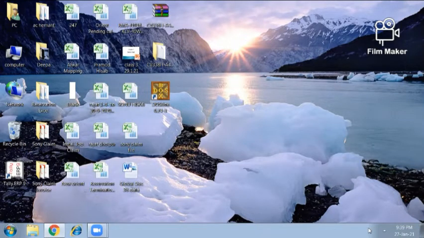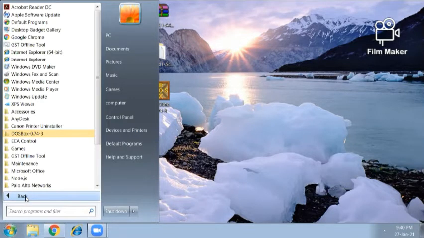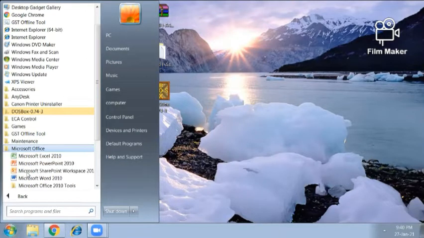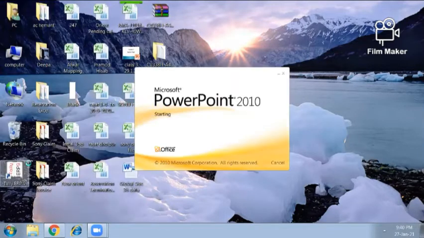First, we are going to revise how to open MS PowerPoint. Now I hope you all are aware about start button. To open any program, you all know that first we have to click on start button, then all programs. Now we want to open MS PowerPoint, so we have to click on Microsoft Office because PowerPoint is the family member of MS Office, and then click on Microsoft PowerPoint 2010. I hope all these things are clear to you.